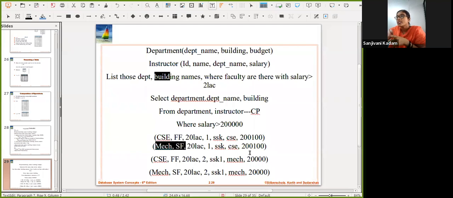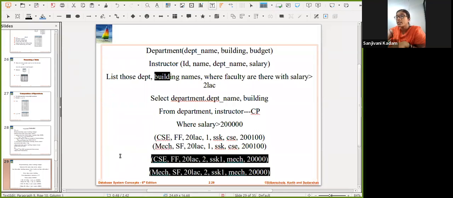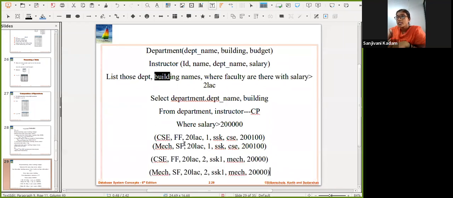So this is the Cartesian product. Cartesian product will always make the condition satisfied. Wherever there is a condition satisfied, this will always add the tuple to the output, and hence I will get second floor also as output. But frankly speaking, there is no faculty in the mechanical department who has a salary greater than 2 lakh. It means this cannot be my output at this stage. It means right now the given query is insufficient to give me the expected output.